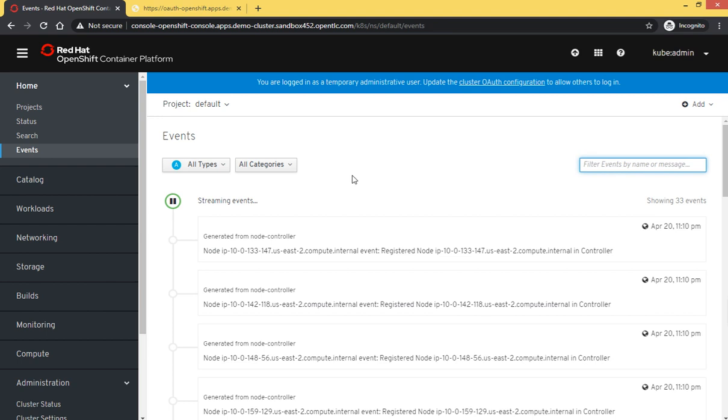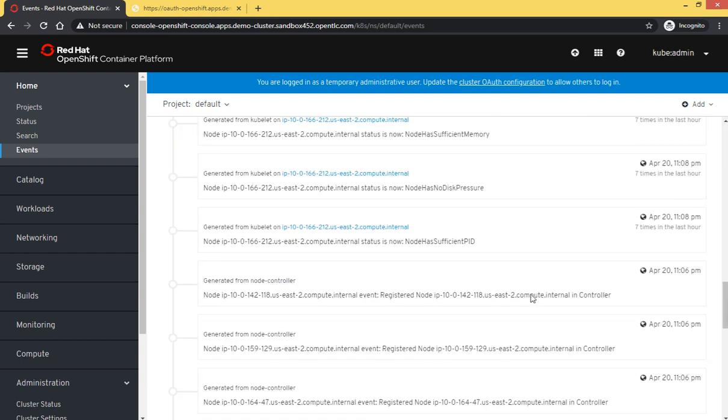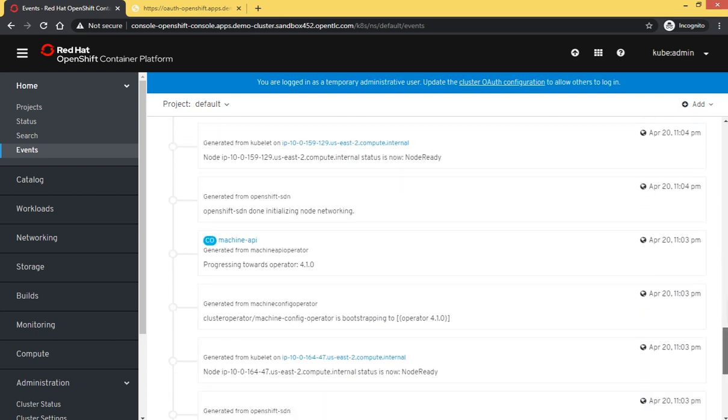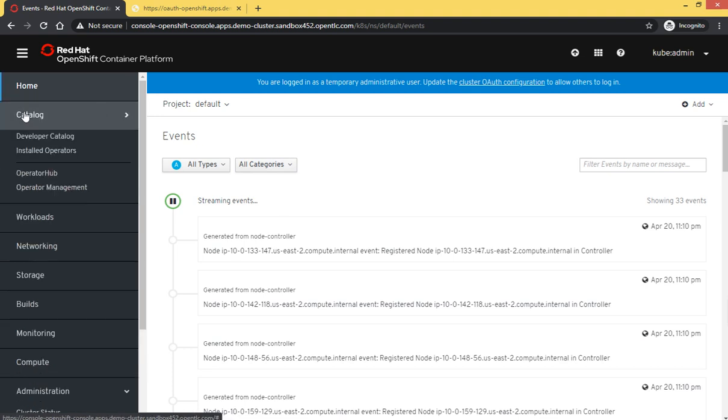If you want to check the events, we can see the latest events which happened just now, right, 11:10, and before that as well. Node IP status is now node is pressed, right. So alerts, warnings, and other types of events or messages we can see here, all categories, info and error. We can filter them, and this is for our project, right?